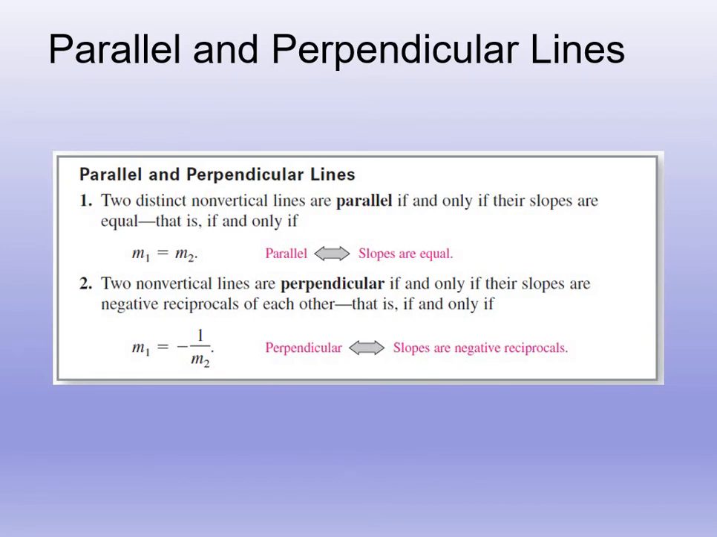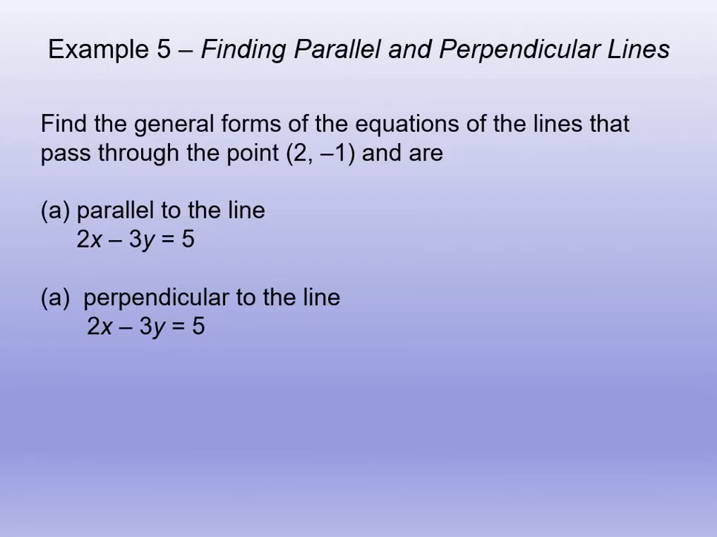If they're perpendicular lines, they have the negative reciprocal, or we call it the opposite reciprocal. Okay, so let's do a couple of examples here. It says, find the general forms of equations of the lines that pass through (2, -1) and are parallel to that specific line and perpendicular to the second line. So we're given a point, and then we can use point slope, but we have to find